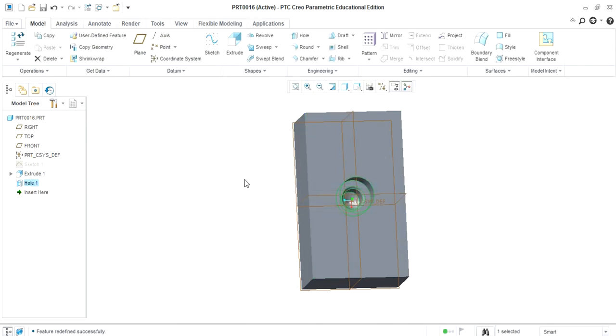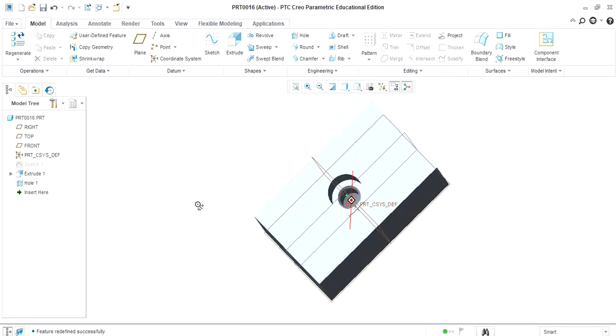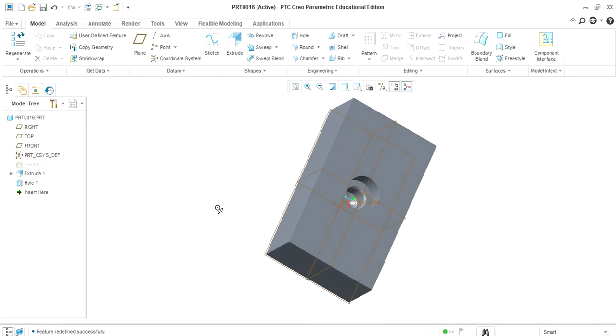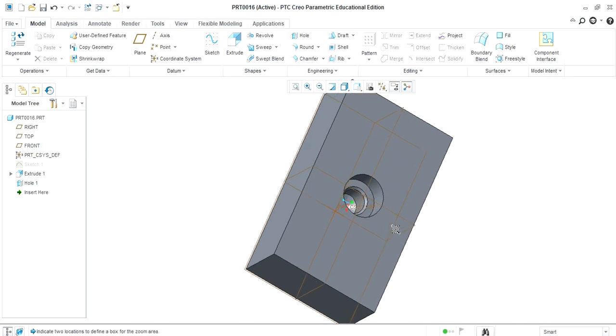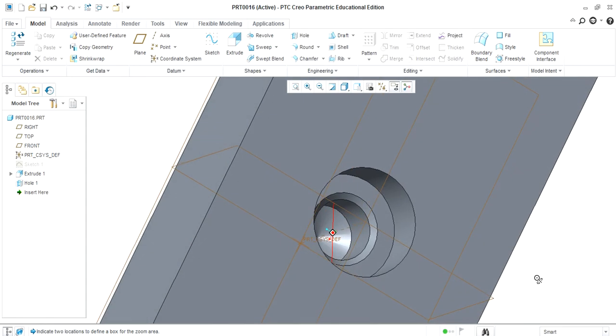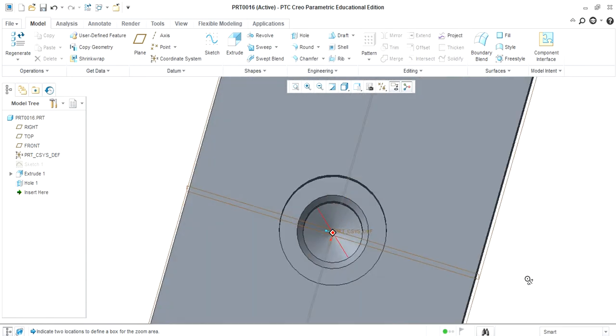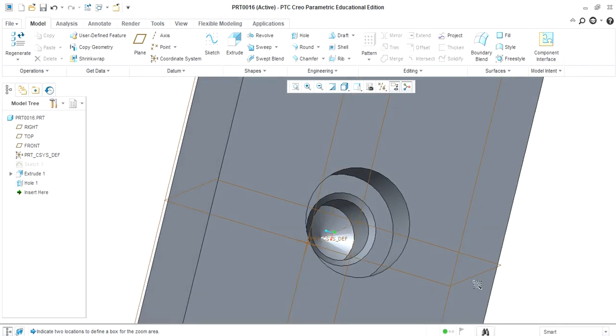If we click on OK, then you can see the hole dimensions can be changed. As we are using parametric software, you can modify the dimensions after placing or after producing the object also. So this is the hole command in Creo.